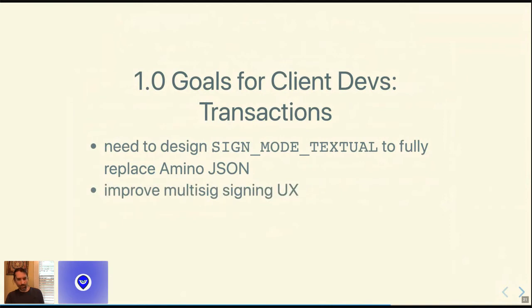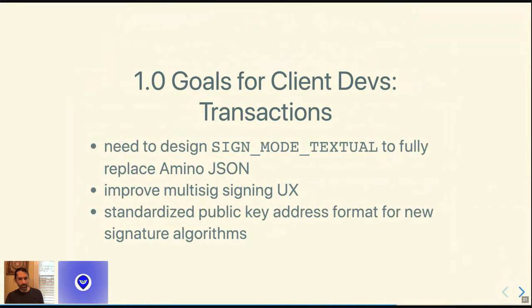We want to improve the multi-sig signing UX. There were maybe some overly cautious things we did when we designed Sign Mode Direct. We were aware of it at the time, but weren't able to reach any consensus on the best way forward. So currently, if you're using a multi-sig wallet using Gaia CLI, that still is using AminoJSON signing, and we want to work on making that multi-sig signing experience good with protobuf.